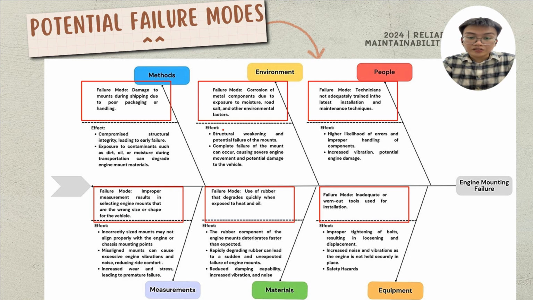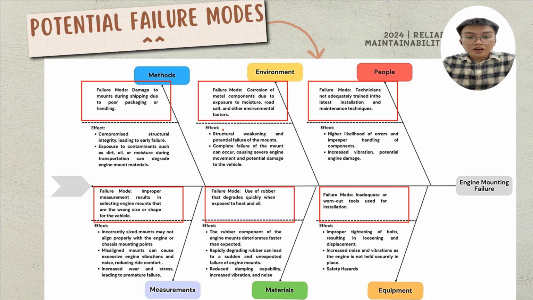Next, the environment category highlights the risks of corrosion from moisture, road salt, and other factors which can weaken the structure and cause severe engine movements or complete mount failure. Moreover, under the category of people, inadequate training of technicians can result in improper handling, increased vibrations, and potential engine